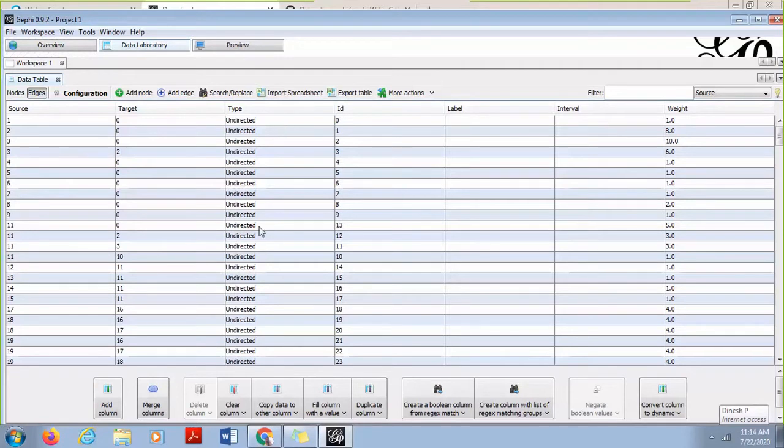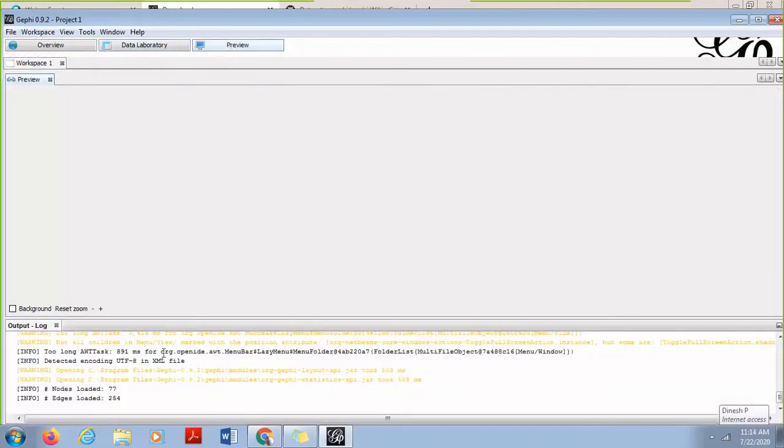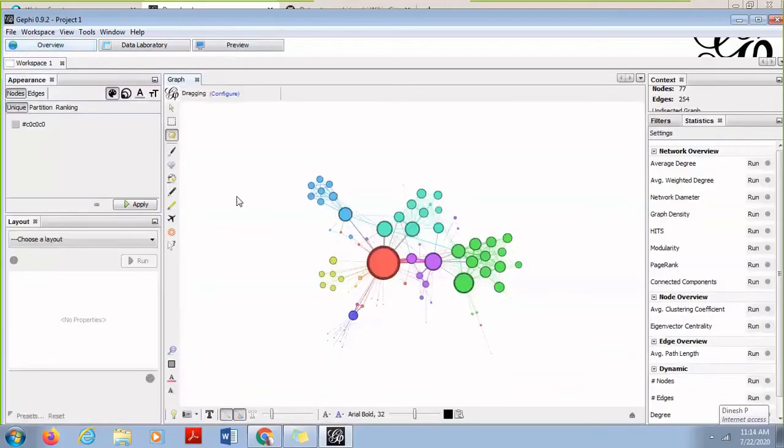Here you will be able to see the graph is undirected, since we have already selected it as undirected. If there is any weight associated with this, you will be able to see the weight. Here in the last column, the weight associated with each of the edges can also be seen. So depending on whatever parameters you import, all that can be seen over here. So this gives the nodes and edges information. Also, there is a preview section which gives you a preview of whatever visualization you are trying to do. This is not working from my end, but you would see a preview there.